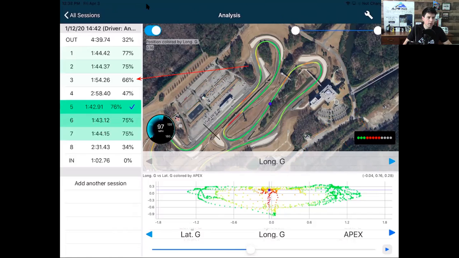So there's a formula for that, and it's a simple one. It's not a super complicated one. The way to think about that Apex score value is simply the number of green lights divided by